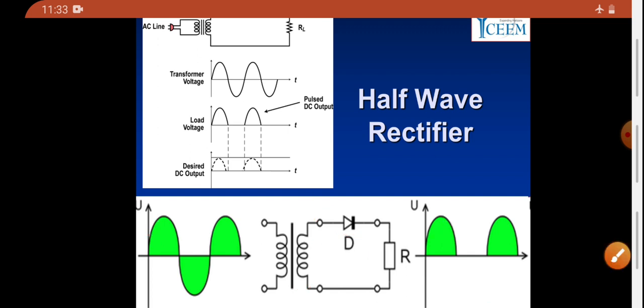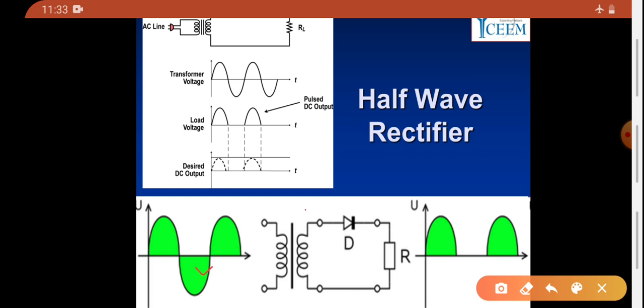Now we will consider the negative half cycle. So the negative half cycle is this one. So what will happen for negative? Now this terminal will be negative, this will be positive. So you can see that the diode's anode terminal is getting connected with negative, and the cathode terminal is getting connected with positive. That means the diode is reverse biased. Reverse bias means it is in off condition. Off condition means there is no connection between input and output. No connection का मतलब है open, circuit is open. Circuit open है मतलब output नहीं मिलेगा. That's why for this negative half cycle you are not getting any output.